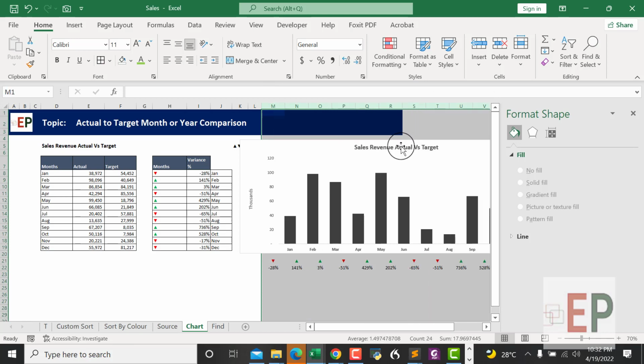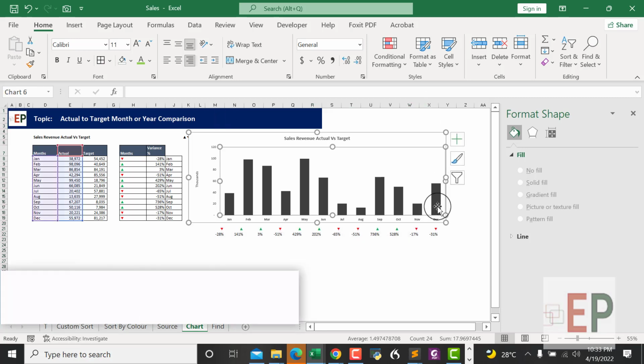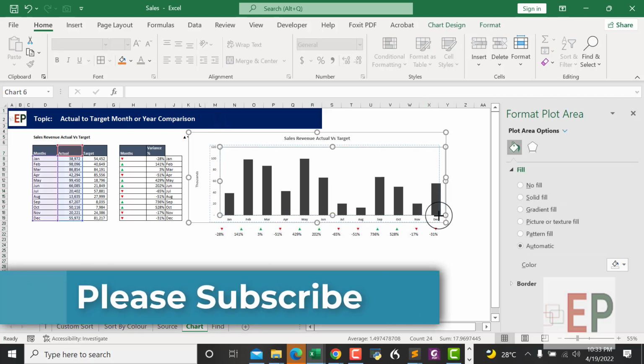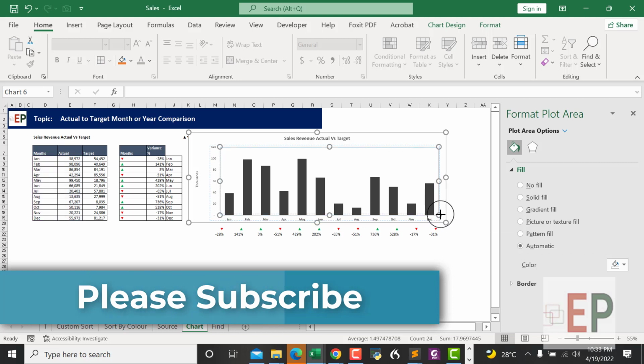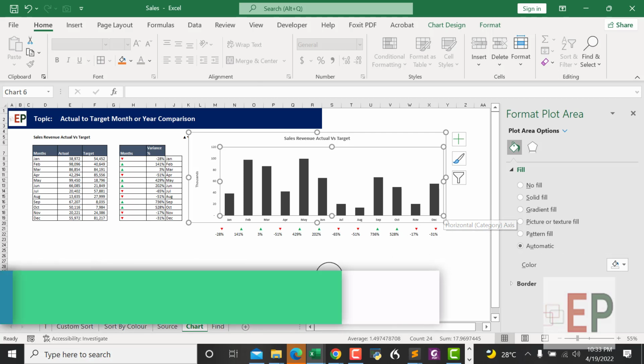Okay, before that, okay, so align this. Okay, so you might want to play with this a bit. Right, so